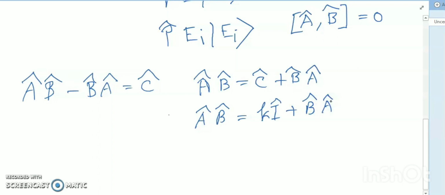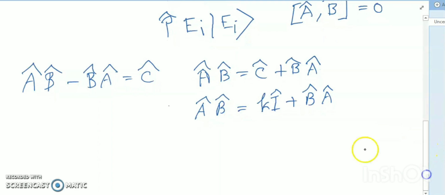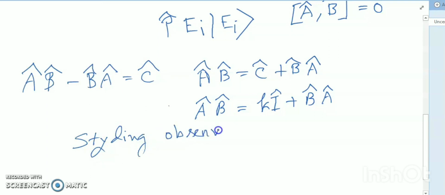The commutator is the most important tool in studying observables. So to begin seeing why this is so important in quantum physics, let's take some time to